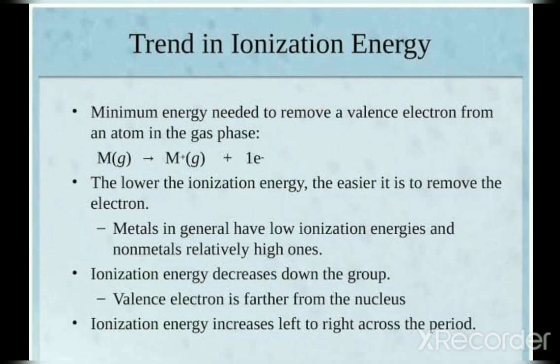Now how does ionization enthalpy vary across a period? Ionization enthalpy increases as we move from left to right across a period. You know that as we move across a period, no new shells are being added. The added electron enters the same energy level, and that electron will experience more effective nuclear charge, as a result of which it will be difficult to remove such an electron, or more energy will be required to remove it. Thus we can say that as we move across a period, ionization enthalpy increases.